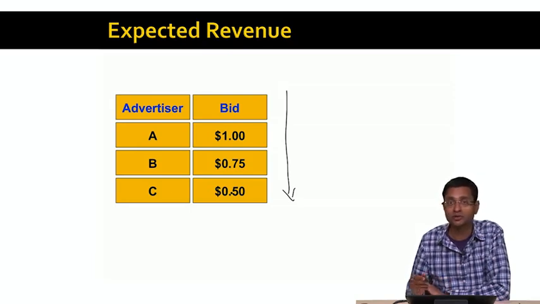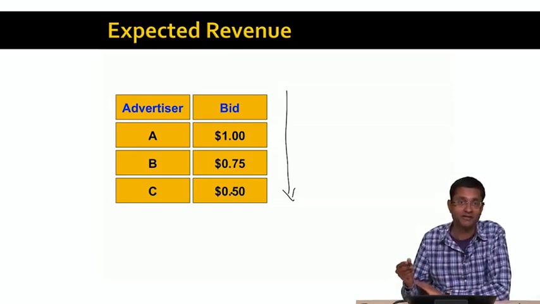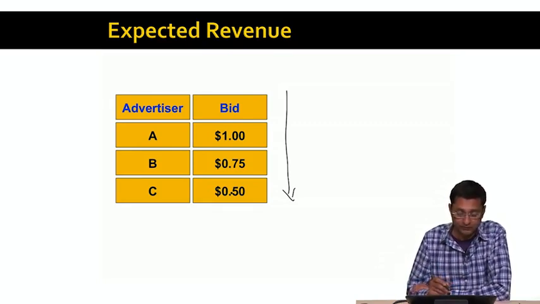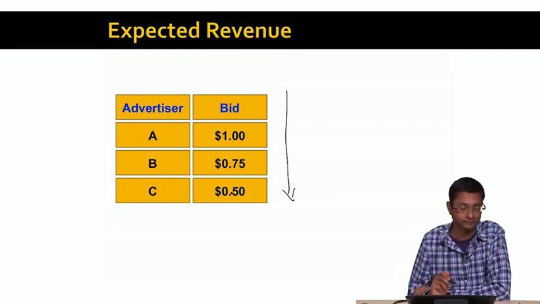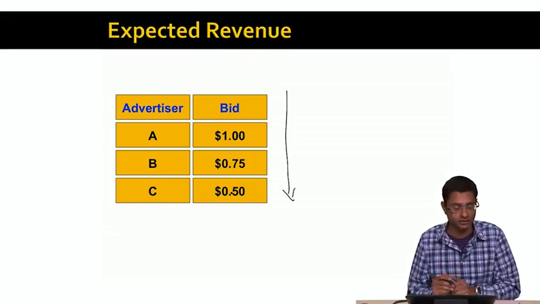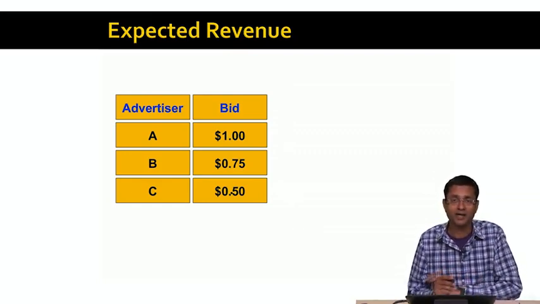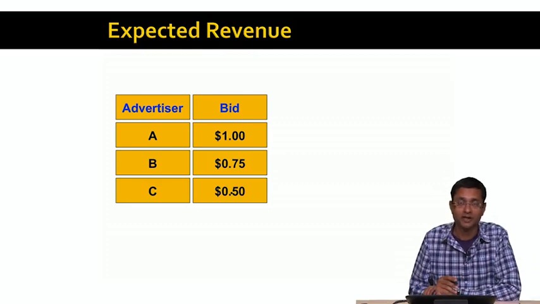where if I'm going to show two ads, I should just show advertisers A and B's ads, but not C's, because A and B are both willing to pay more than C for each click. So this is a simple heuristic that Overture used for deciding which ads to show. Now it turns out that this is not the optimal algorithm for this scenario, and the important reason is that